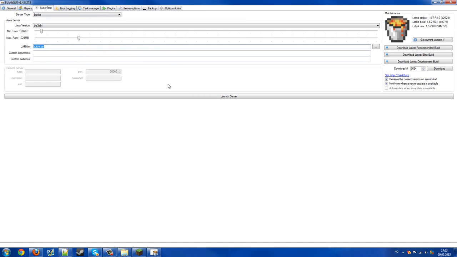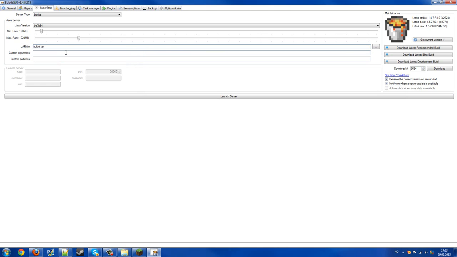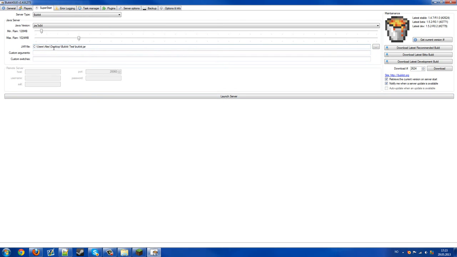Now, if you've placed the BukkitGUI in the same server folder, this will be really easy. Just put the name of the jar file, which in my case is bukkit, and then put .jar. It's that easy. If you have this GUI placed on the desktop, but you have the server folder somewhere else, you have to open this and navigate to the bukkit test folder, which is here, and it will say C, Users, Alex, which is my username, Desktop, bukkit test, and bukkit.jar. But I'm just going to do ease of use and do bukkit.jar and keep the BukkitGUI in that folder. So you can click launch server, but